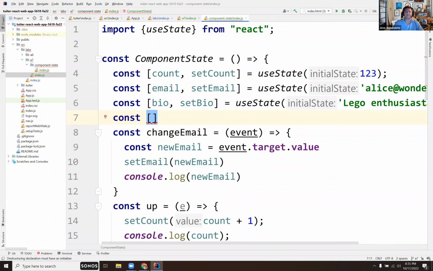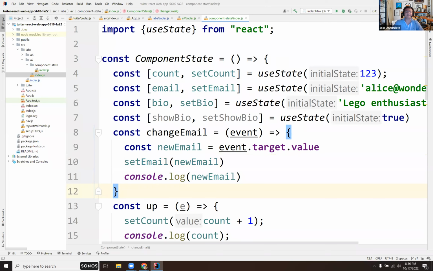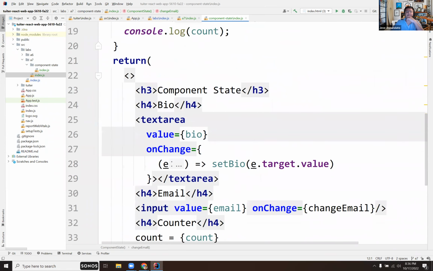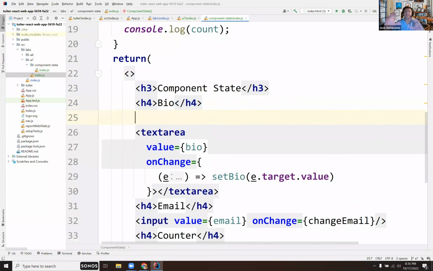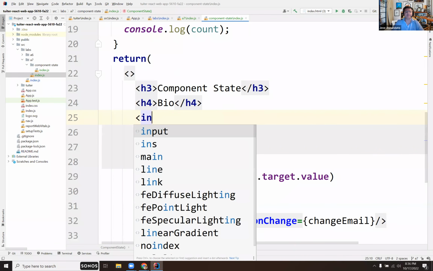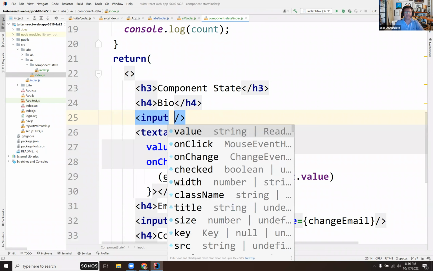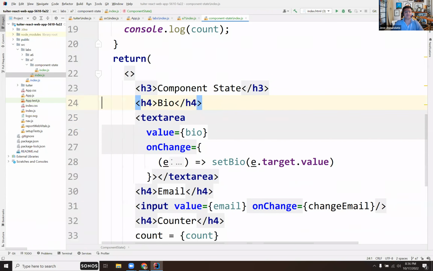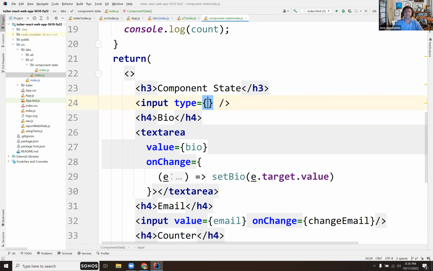Right? Say maybe state, and maybe this is show bio, then set show bio, and it's true first, and then my text checkbox that I can turn on and off. This is maybe type checkbox,